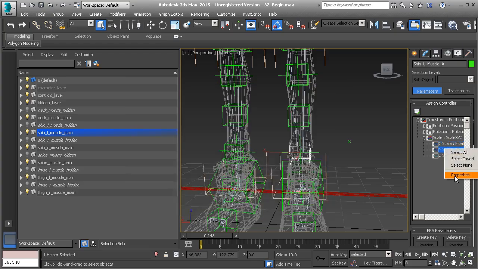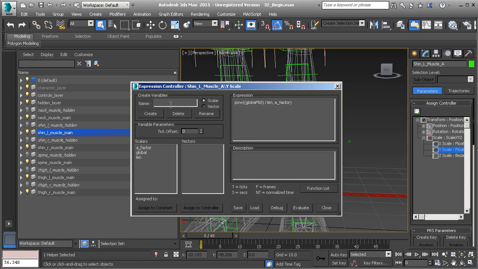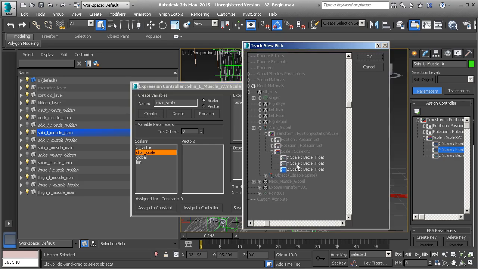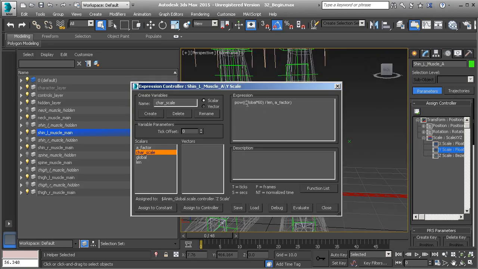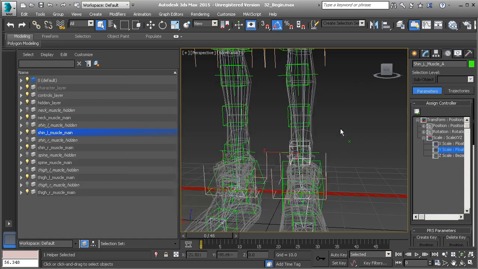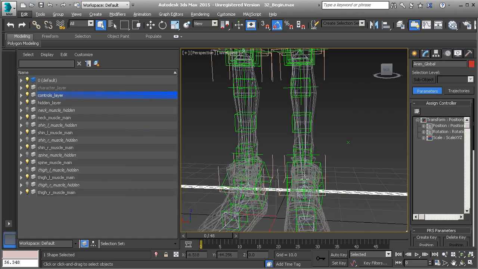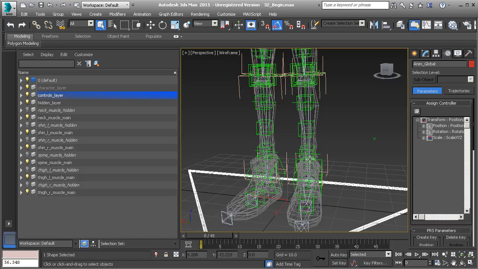We'll right-click and choose Properties. We'll create our variable. That's going to be char_scale. Let's create it, assign our controller. There it is, the scale z. And then we'll add it to our expression, and then evaluate. Cool. Alright, so as we start to resize the character, at least that helper is going to